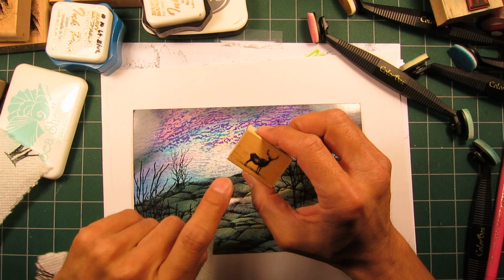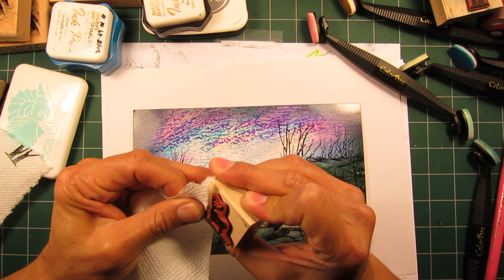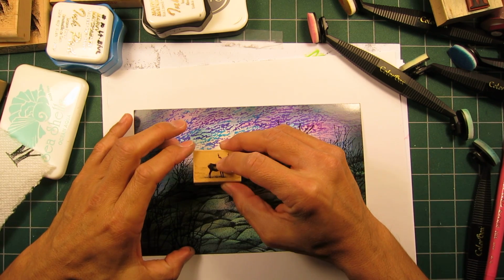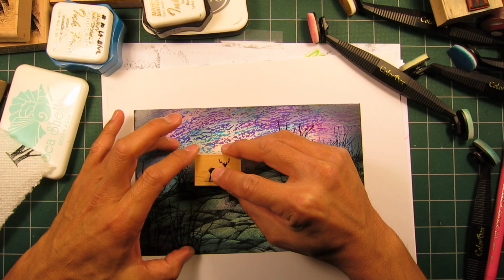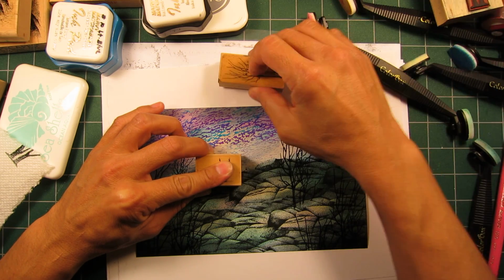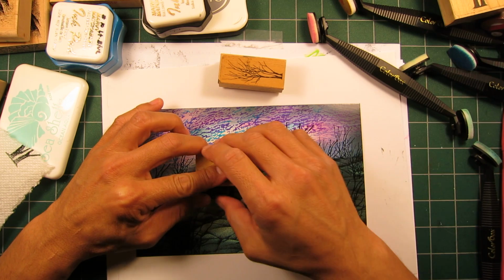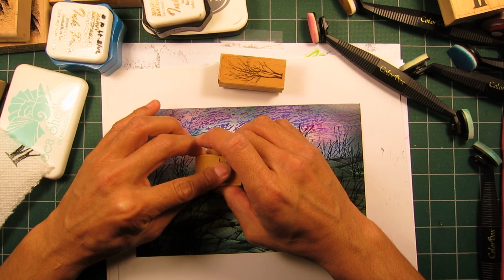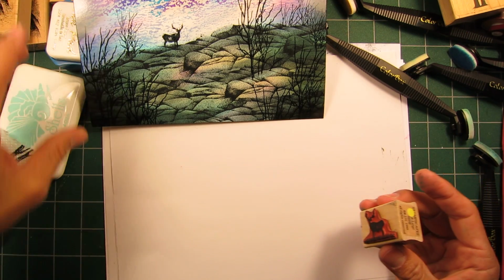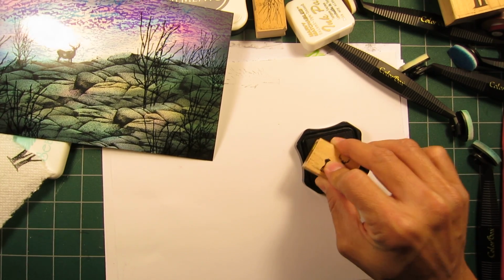Okay. This has this little base down here. I'm going to wipe some of that off. I don't think I need that in this instance, so I'm going to wipe it off pretty good. If some of it ends up showing up, so be it. And just position it like so, and adjust your pressure accordingly. If you're stamping out a really large stamp, you want to use good pressure, because it's being distributed over a much larger space. When you get down to smaller stamps, you don't want it to create a big blob, right? What I mean by that is sometimes people don't adjust their pressure, and when they stamp something out,